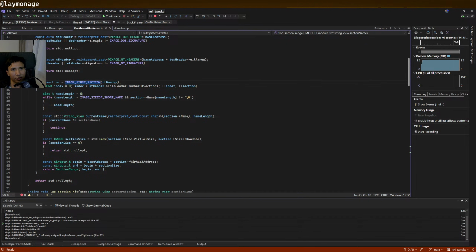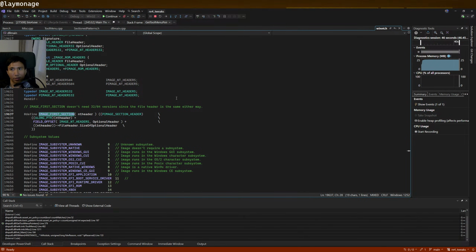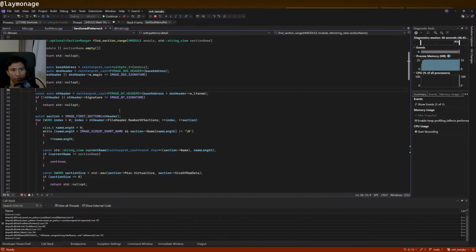Image first section. That's from Windows NT. Okay, so we get the first section. And then we can find the number of sections. So we're looping through the number of sections,